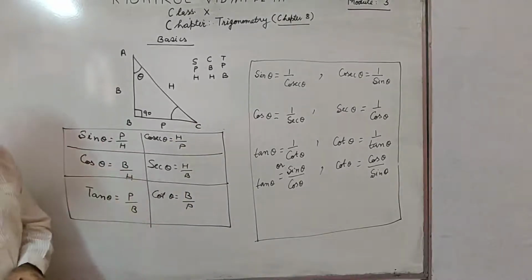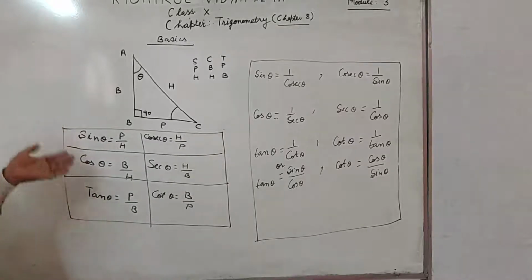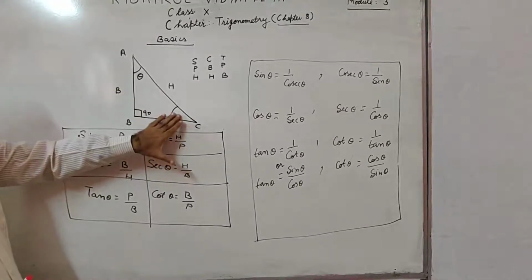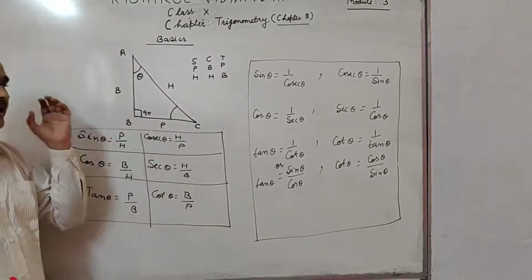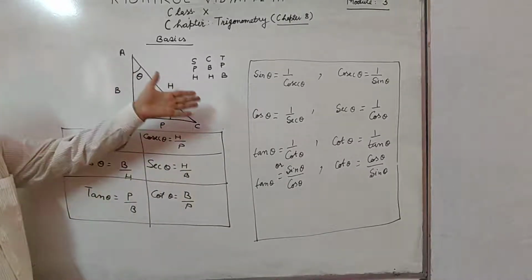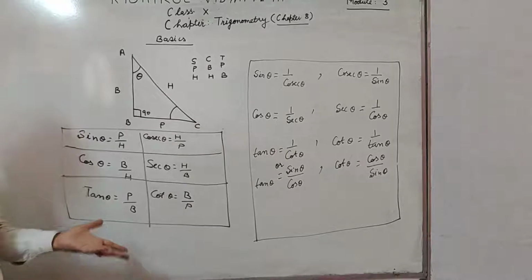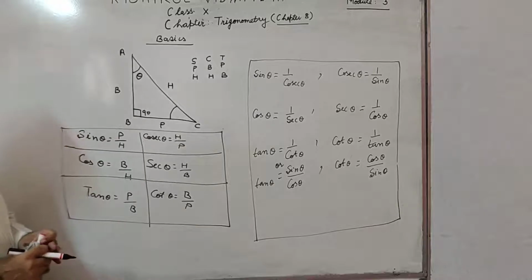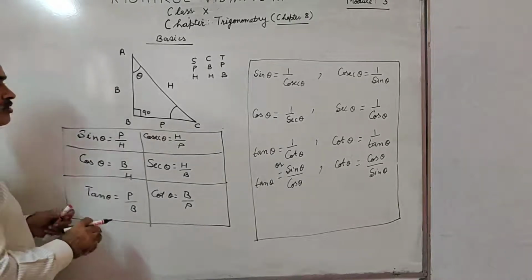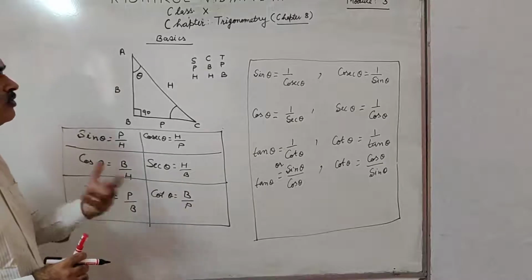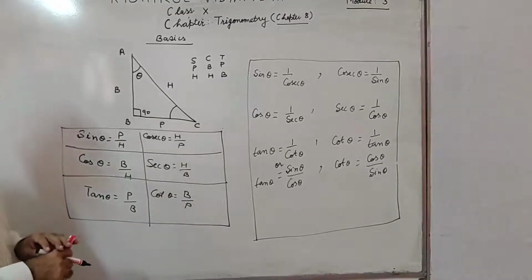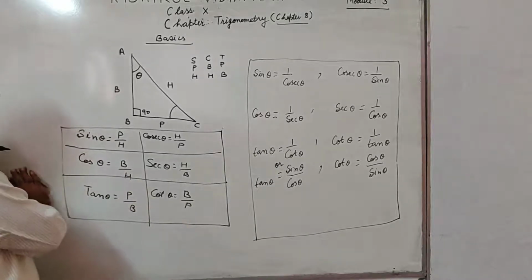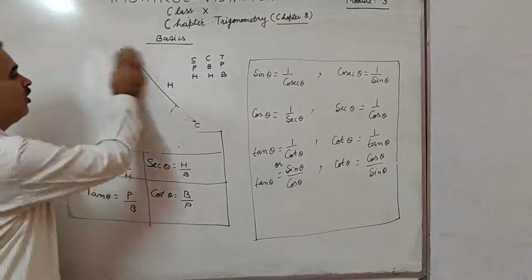In exercise 8.1 we are to use the right triangle. One acute angle is given to us, and we are to find the other sides, or we can find any T ratio, because T ratios are the ratio of two sides. So I'm leaving some basics here, or we can finish these basics in this lecture. Let's start. In basics I am going to tell you how to form